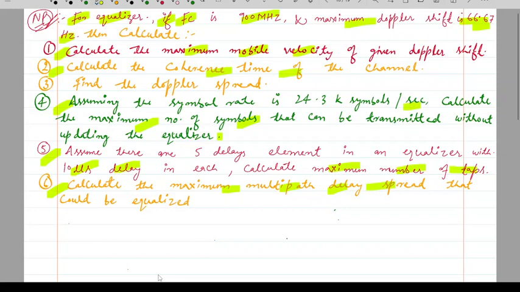The total delay spread we will calculate in the sixth part according to the fifth part. So the fifth part we will discuss diagrammatically and then find out the maximum multipath delay spread that could be equalized in the sixth part. So let's start to solve this numerical problem one by one. Here, firstly we will solve the first part. So in the first part, the given values